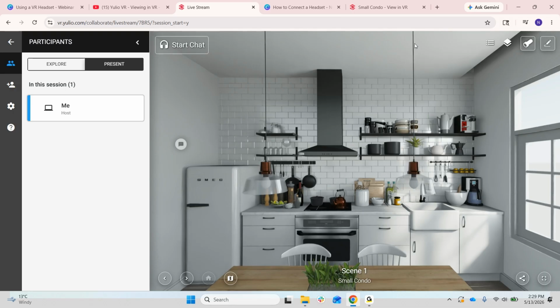So to begin, as a host of the Collaborate session, you can't launch a session from a VR headset. So you'll always have to launch and present a Collaborate session from your browser on your computer. That being said, your guests can, of course, join from their headset or an internet browser. So if you come here to launch your Collaborate session,